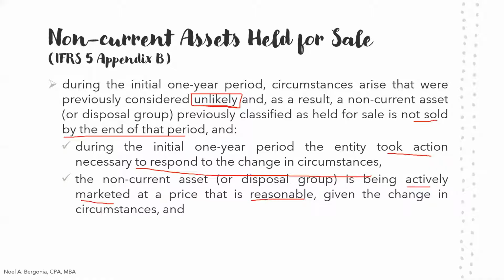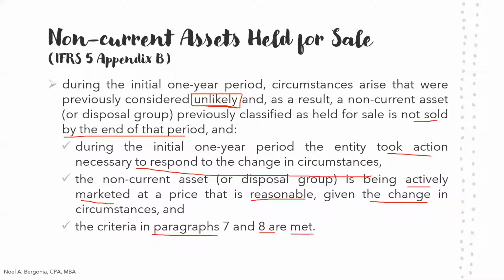So this is also one of the requirements earlier under paragraph number 8, given the change in circumstances. And our criteria under paragraph number 7, what was it again? It should be recovered or recoverable within 1 year, principally through sale action, or the sale is highly probable. And paragraph 8 is the one containing our indicators that the sale is highly probable or being met. Okay? So I hope that is clear.